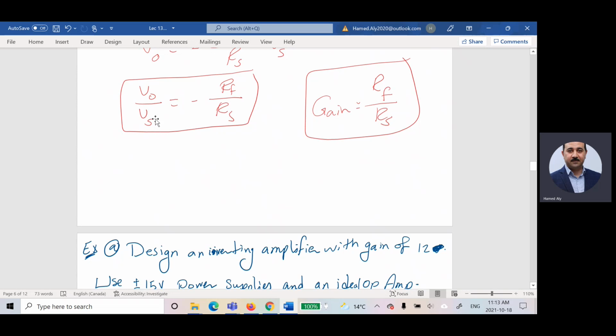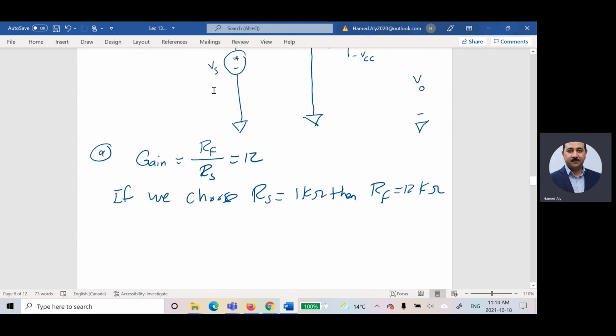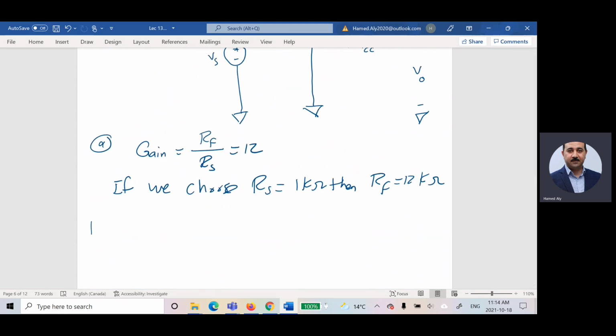He would like to find the range of values of VS such that this op-amp is working in the linear region. So what am I going to do? I'm going to choose the maximum value for VO, which is positive 15, and then the lowest value for VO, which is negative 15. Then I will try to find the corresponding VS. So for part B,